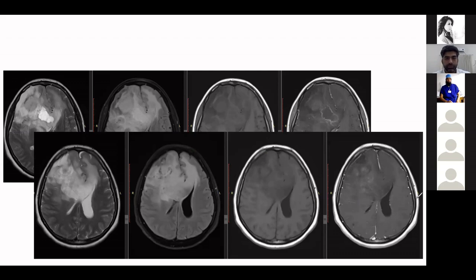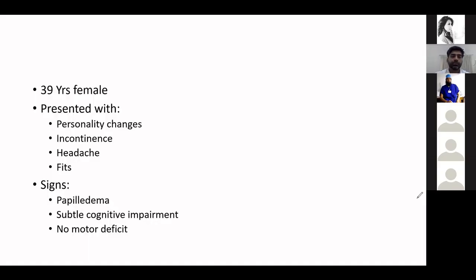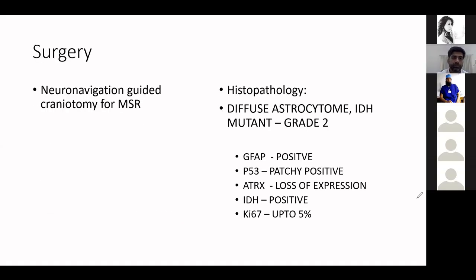And then we have another set of images from a slightly different level in which more or less the changes are the same. Areas of vasogenic edema, areas of heterogeneous enhancement, and then compression, subfalcine herniation. So it appears to be a high-grade astrocytoma. To be brief, we did a neuronavigation guided craniotomy in February 2022, and the histopathology came out to